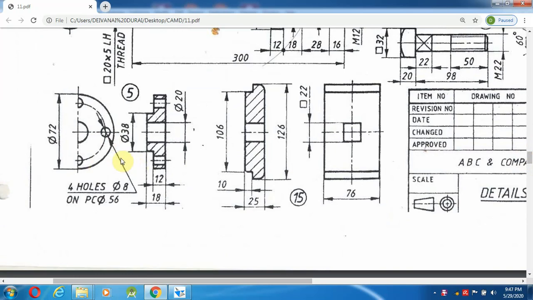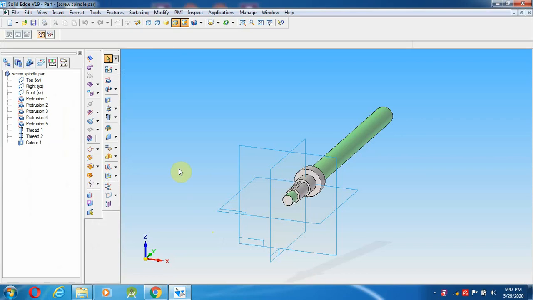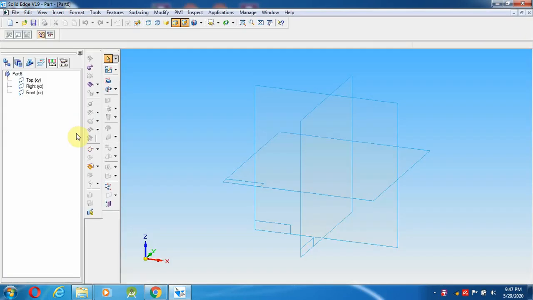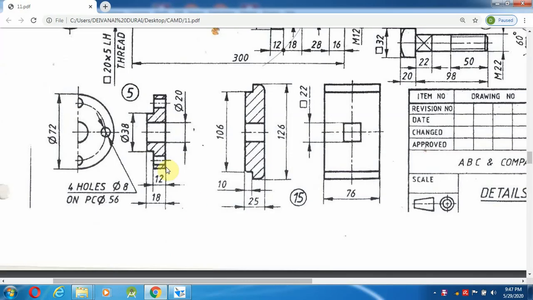Okay, for the fifth component, they have provided a full sectional view, front view and side view. So this will be very easy to draw. After saving this, you can delete, go to the solid part, and if you see from the front view, there is a hole inside of 20 mm diameter, the smaller diameter 38 mm, and the maximum diameter 72 mm.